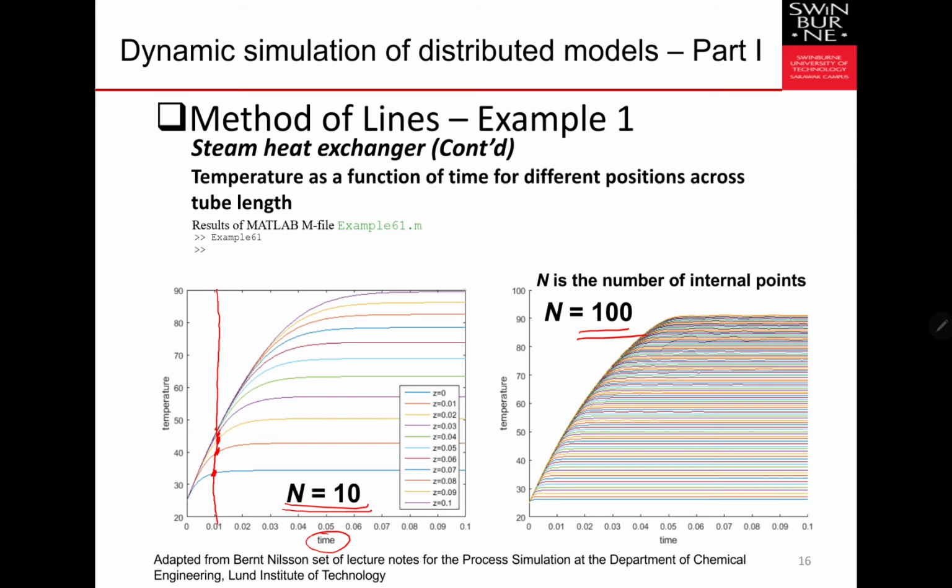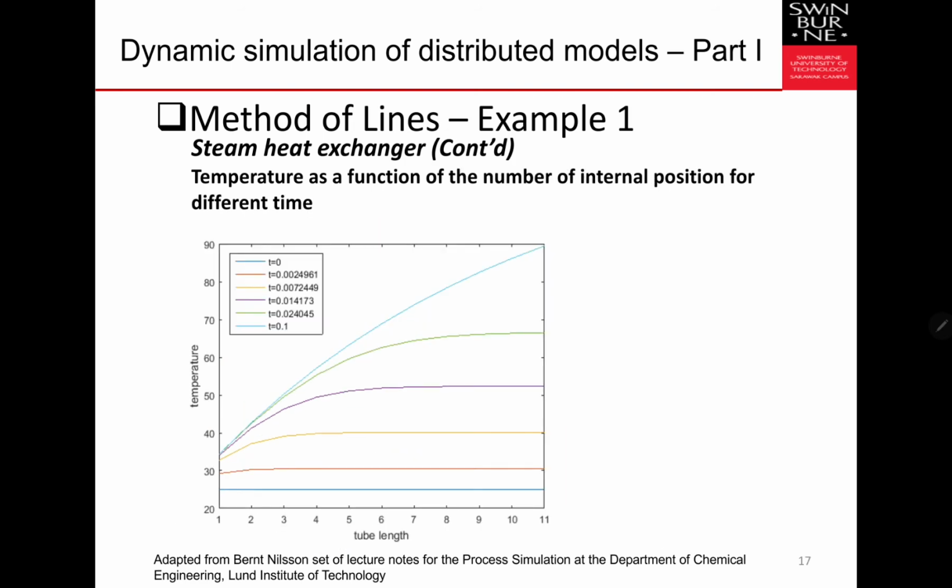For a very very long time, let's say 0.1 at time 0.1, then at z equals 0, the temperature will be at around this position, or around let's say 33. Okay, and then at z equals 0.01, we will have a temperature of around 40. If I took it in here, it will be around 42. Okay, and then at z equals 0.1, the temperature will be equal to 90 degrees Celsius, say for example. Okay, and 100 will give you many more points.